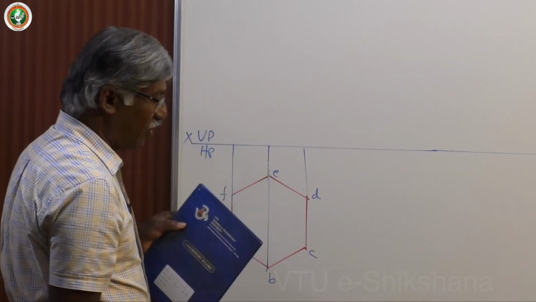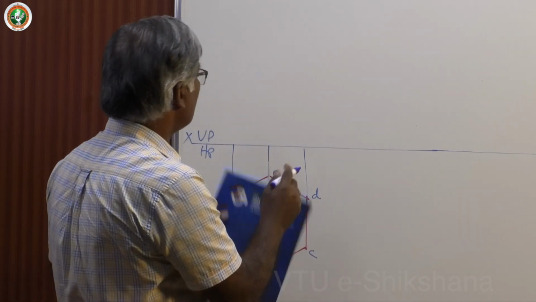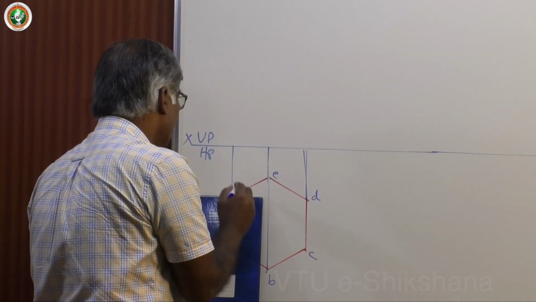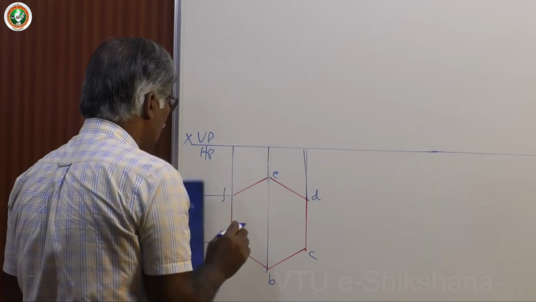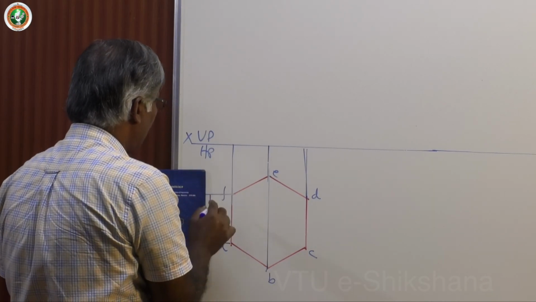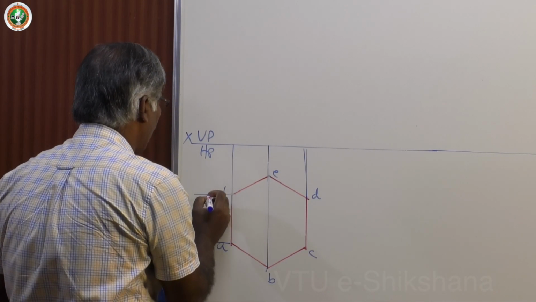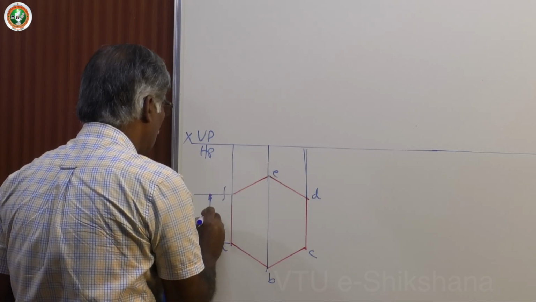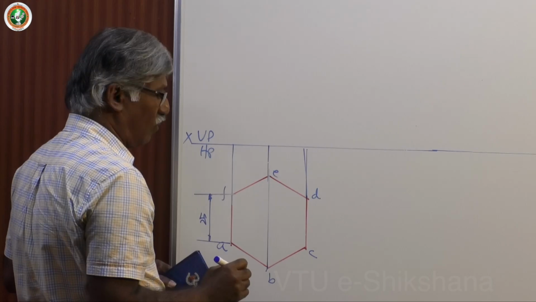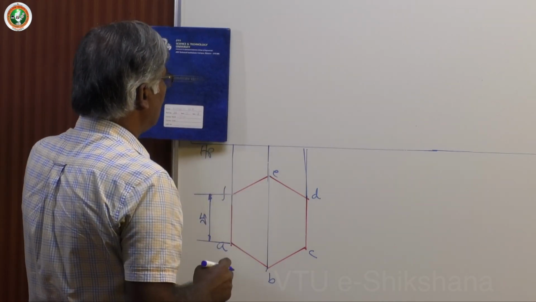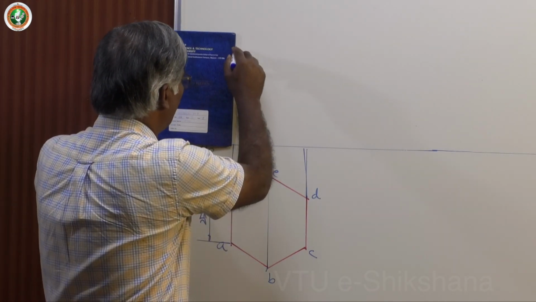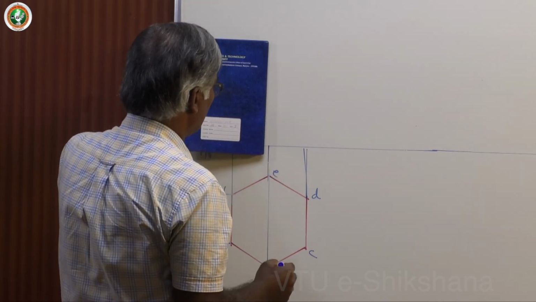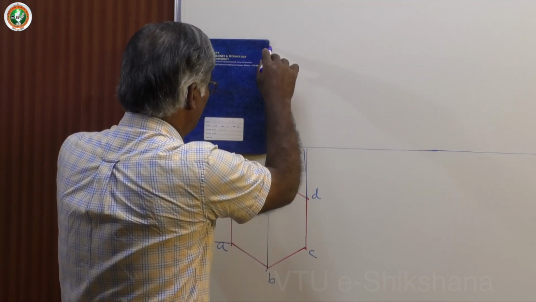Okay, now what about the height? Height is 50 mm and the side of the hexagon is 25. Normally, to accommodate within the sheet, they will give 25 for the hexagon. Okay. Now, you fix the height. So height will be around 50. In this case, it is given exactly 50. So now the problem is